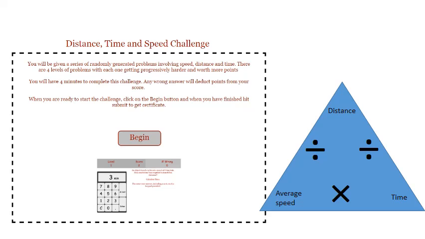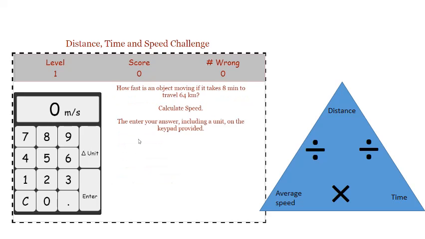And then finally, to round things out, notice what happens when you cover over time with your hand. To determine the time, it's going to equal distance divided by average speed. So it turns out you wind up with all three ways of writing that equation without having to do any algebra. Really, we've done some algebra manipulation, but we didn't have to really do the algebra. We just used the little triangle. So now let's try some examples.